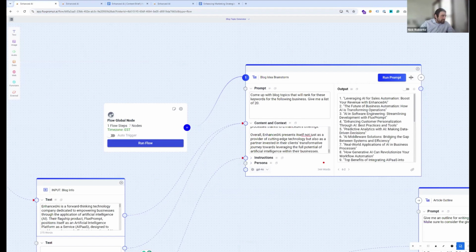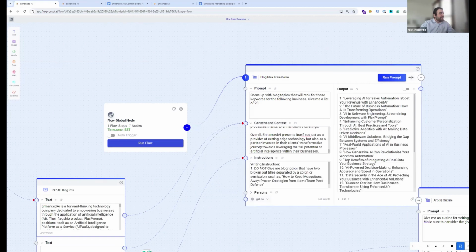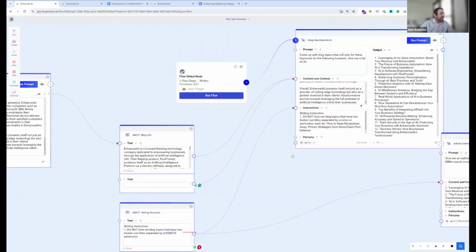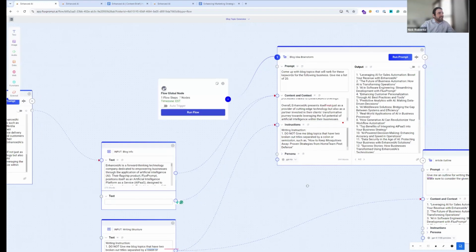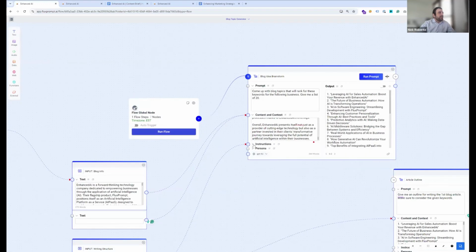The other thing that is great is we have these different instructions. I know in this one I had given it instructions and we tied it into here, but when I was talking earlier about the customization, this is exactly what I'm talking about. If I say don't include a specific keyword or don't include this topic, most of the time it will not include it, which is exactly what I want.